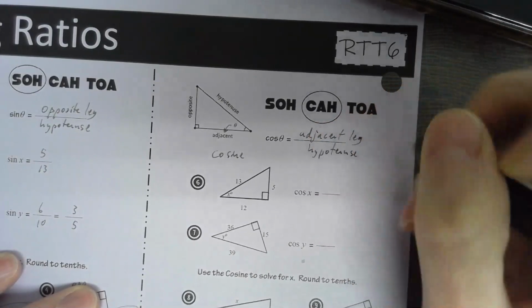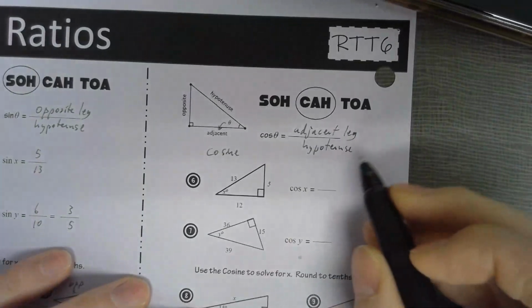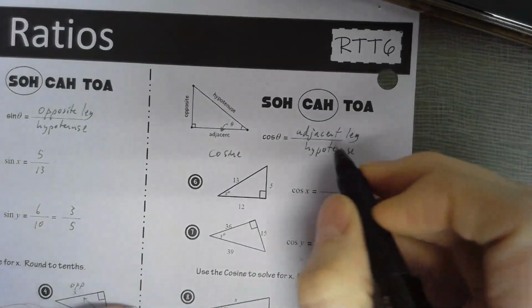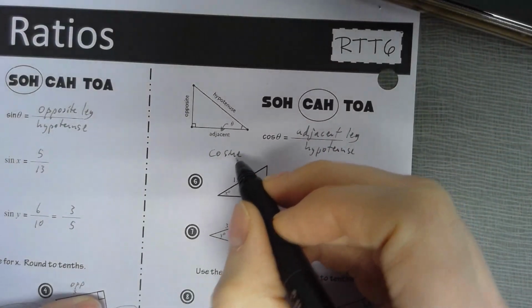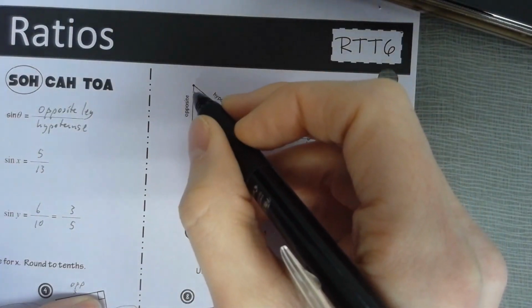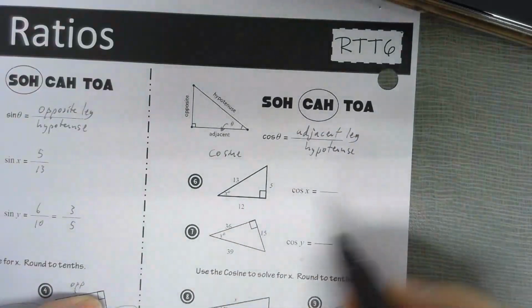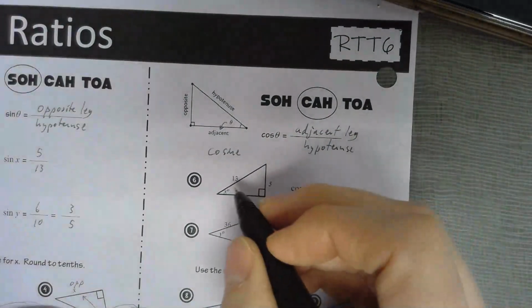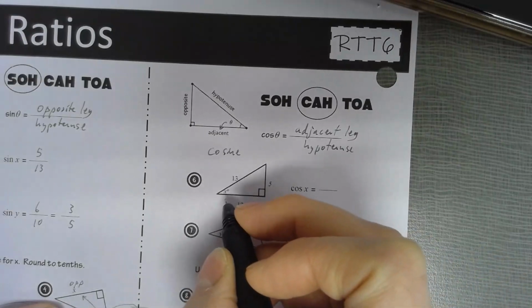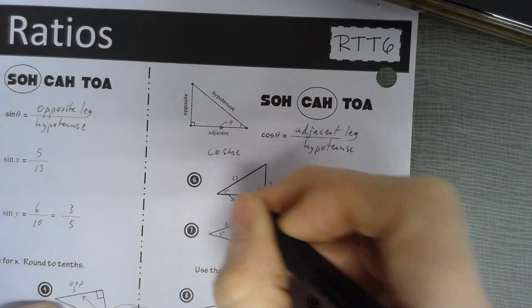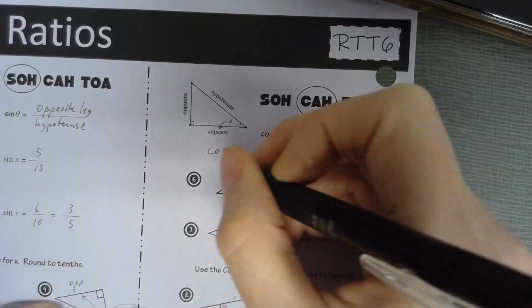Hypotenuse. Okay, adjacent leg over hypotenuse. So once again, cosine, it's called that because it's the sine of the complementary angle. It's the sine of the other acute angle. So in this one, when I want to refer to the cosine of x, that's the adjacent leg over the